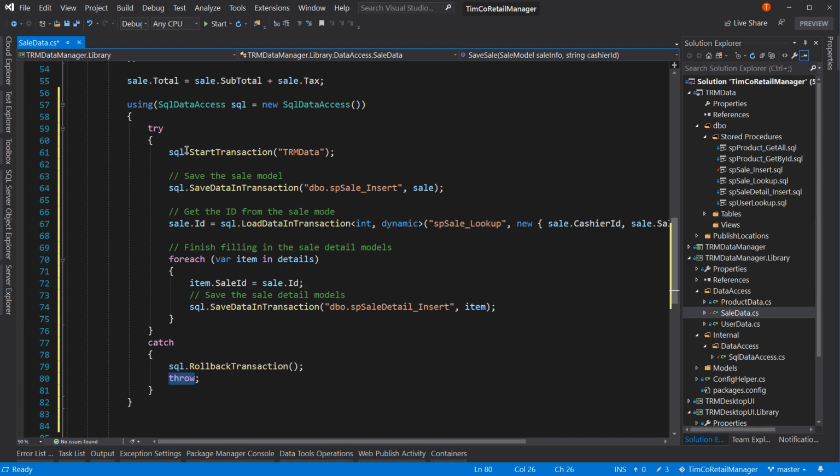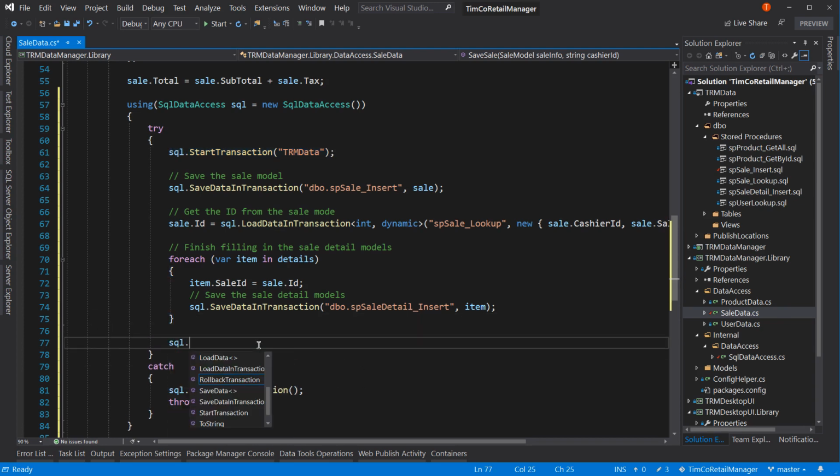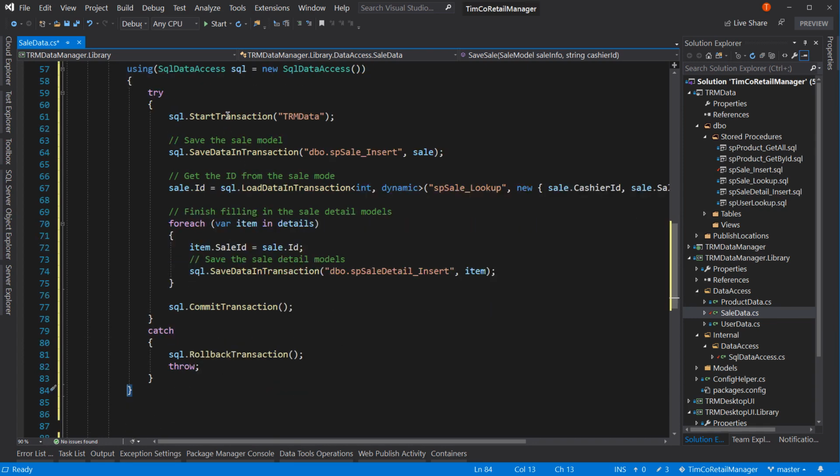Now with this, I have a start transaction and then the catch rolls back the transaction. I think I am going to do the SQL.CommitTransaction statement. I know we're going to do it again right down here, but visually, seeing the start transaction and commit transaction is just